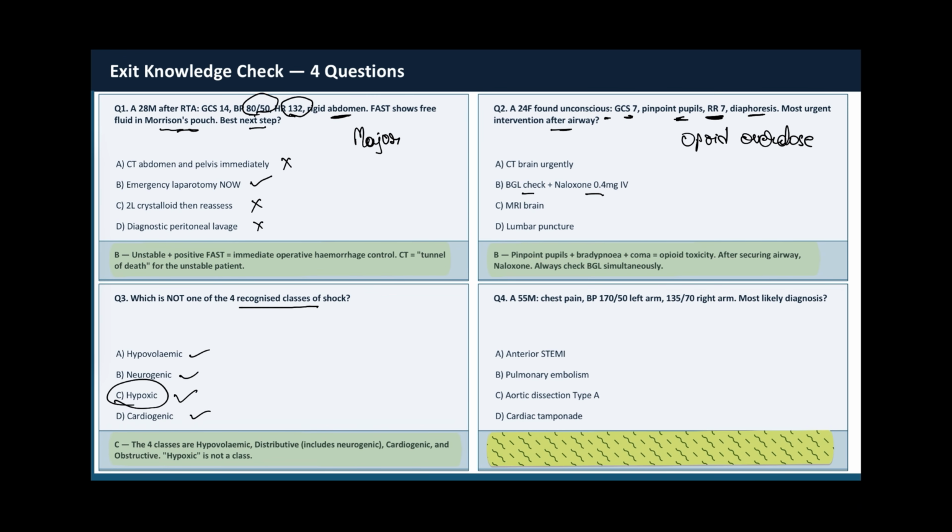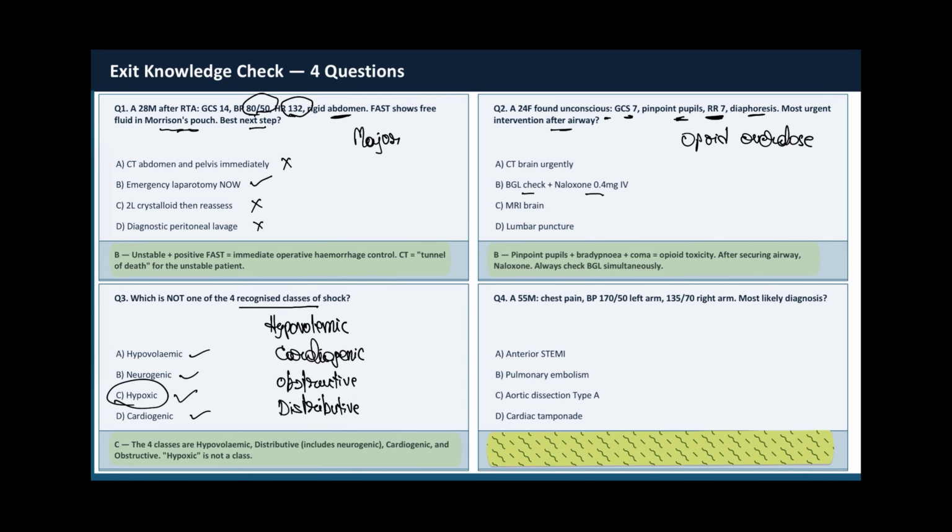So after you have managed the airway, what is the next best step is that check for the blood glucose levels and the naloxone. Which is not one of the 4 recognized classes of the shock: hypovolemic, neurogenic, hypoxic, cardiogenic? Hypoxic is the answer. What are the 4 types of shocks? Hypovolemic, cardiogenic, obstructive, and